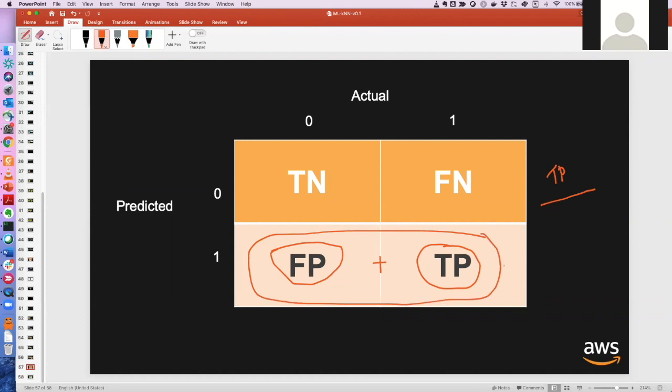Let's say you call all of this P. So this is your precision. And what is recall, which we have seen in Comprehend? Recall is nothing but TP divided by TP plus FN. Okay, so this is what recall is.